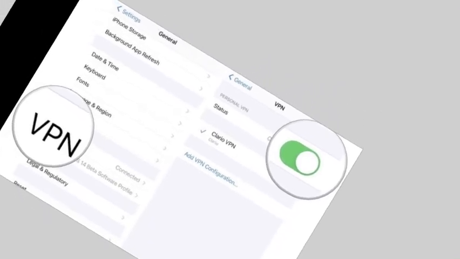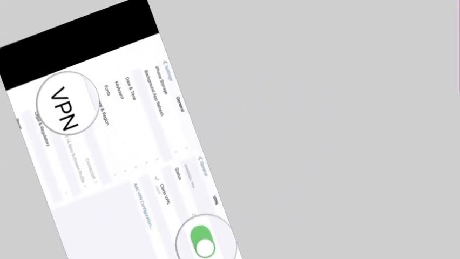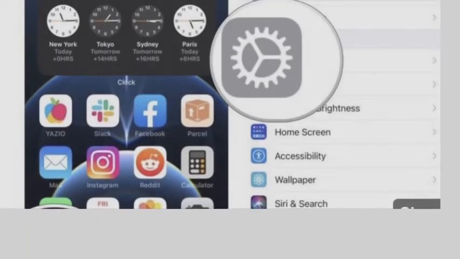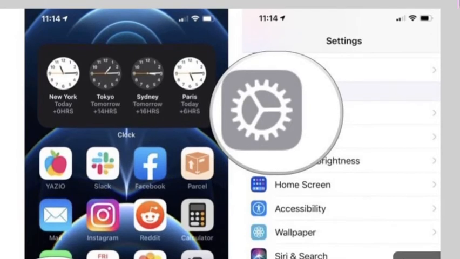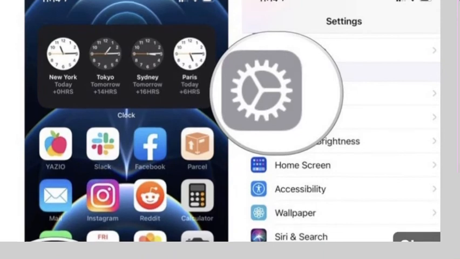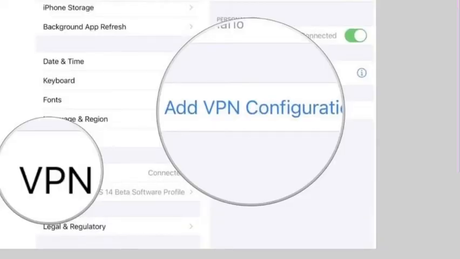Anyways, if you have to manually configure your VPN on your iPhone, your iOS device, you go to your settings, you go to general, you tap on the VPN and you choose add VPN configuration. Then you select the type of VPN that you're going to be using. If you change your mind, you can actually cancel it. Then you enter the VPN settings information that you already have, because if you're manually configuring your VPN, then it comes with some